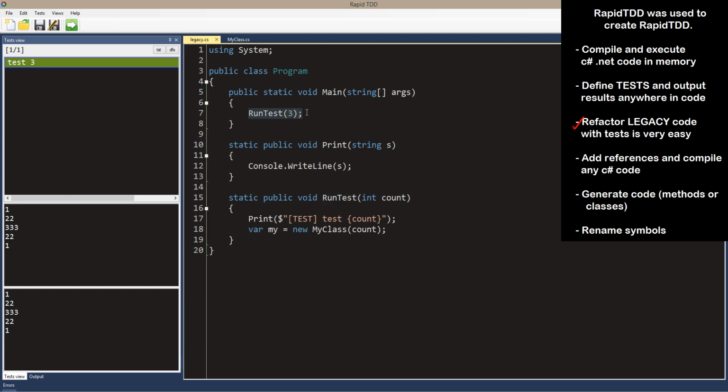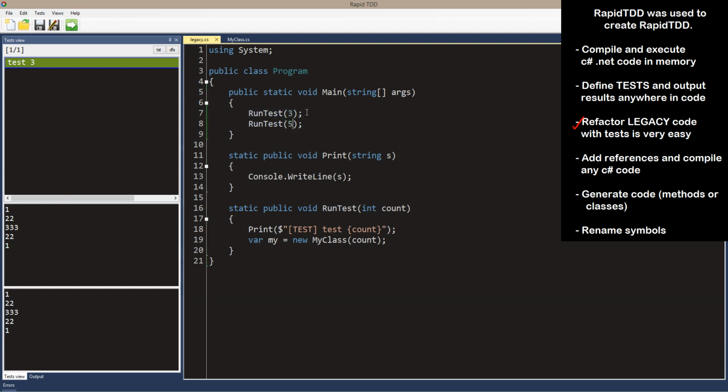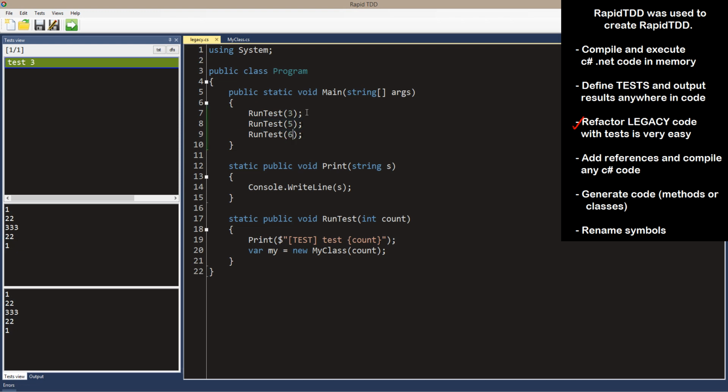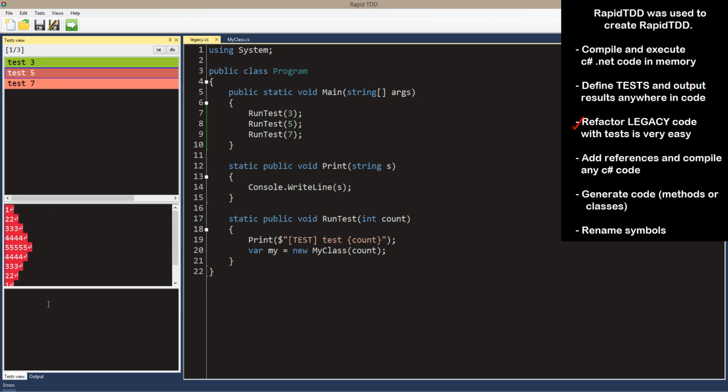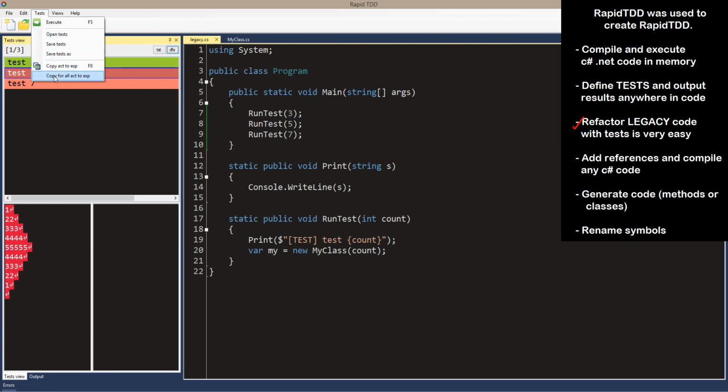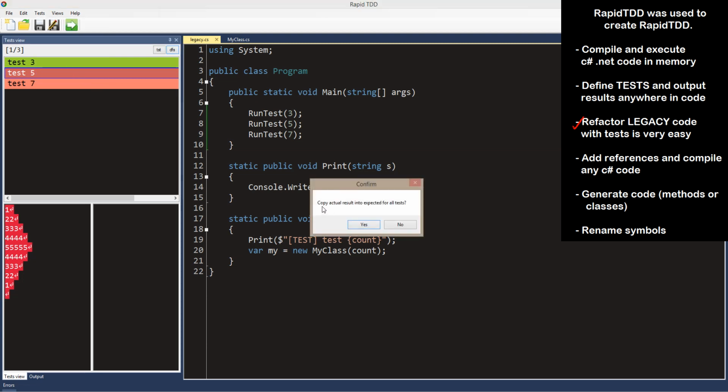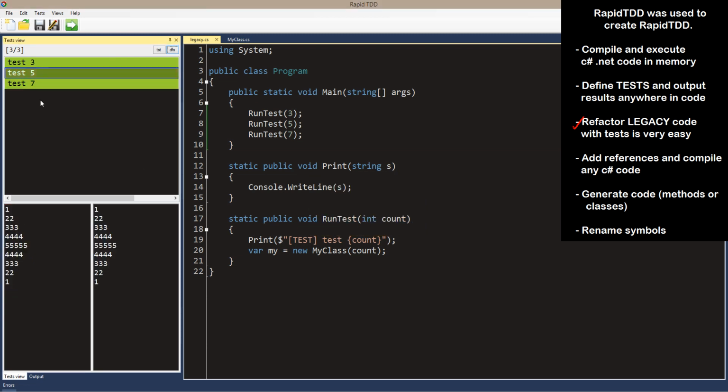Let's define more tests for 5, for 7. Run. Okay. I will change the notation of this to box. Okay, tests. Copy for all tests actual result to expected. Copy actual result into expected for all tests. Yes. So we have now tests for our code